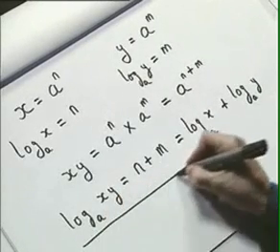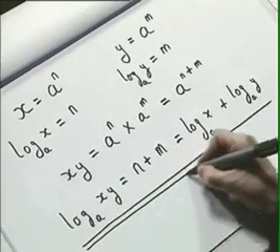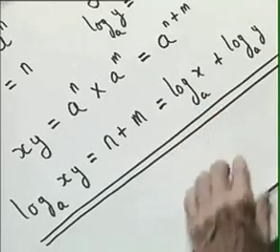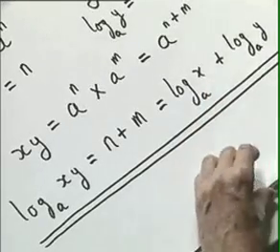And so there we have our first law of logarithms, that if we want to multiply two numbers together, we get the log of the product by adding the logs of the two individual numbers. That's our